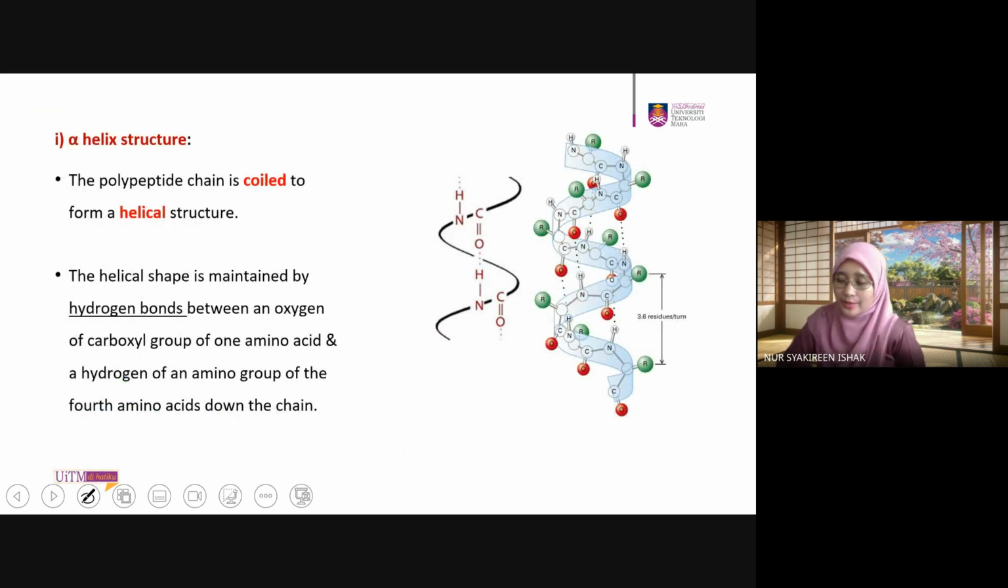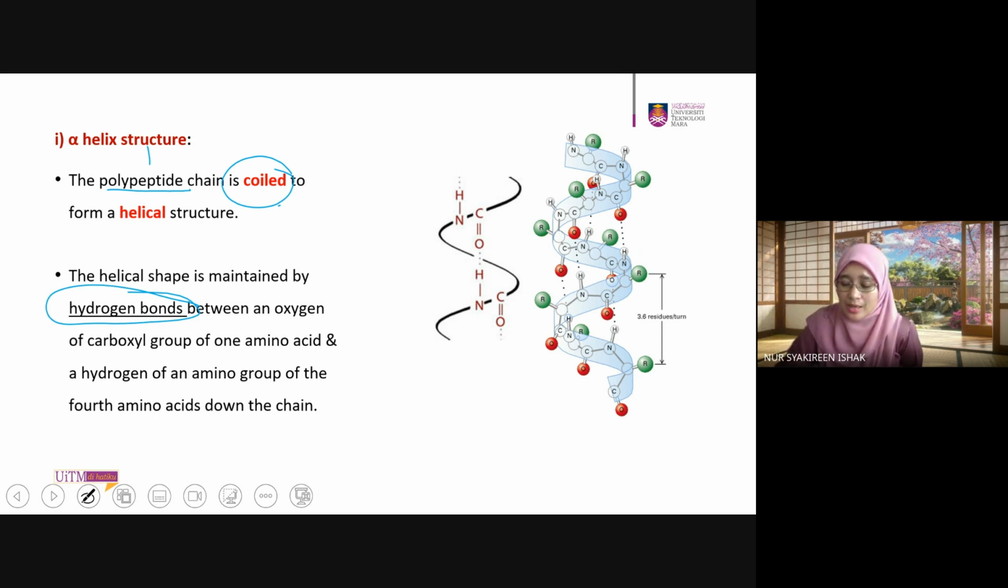Okay, so let's look at the first one, which is the alpha helix. The polypeptide chain is coiled. Still one polypeptide chain only. So the polypeptide chain is coiled to form a helical structure. The helical shape is maintained by hydrogen bonds. You have to take note that for secondary structure to be maintained, it is due to